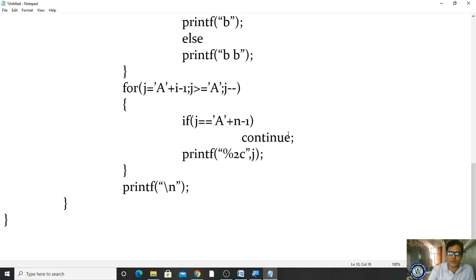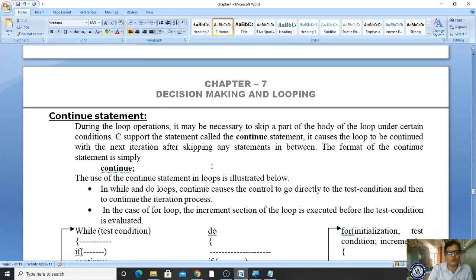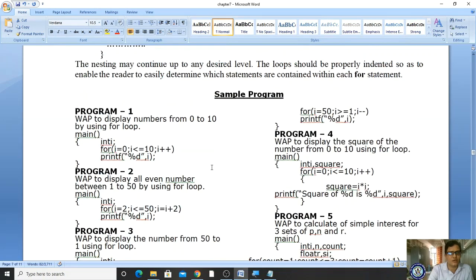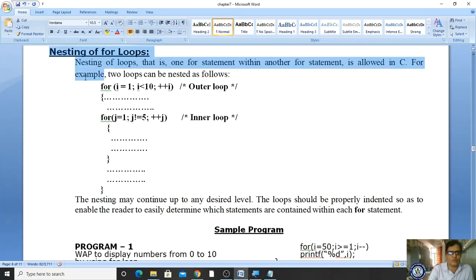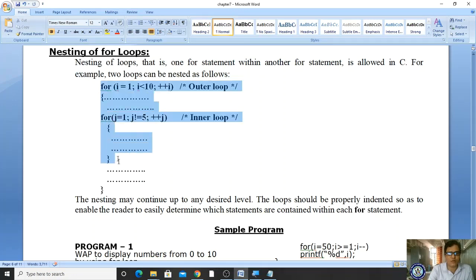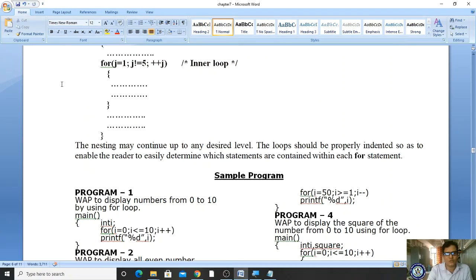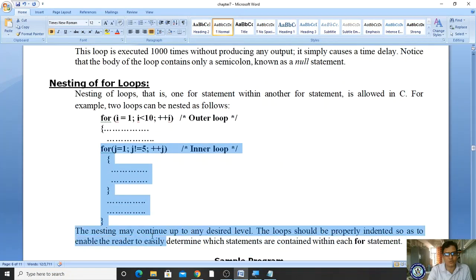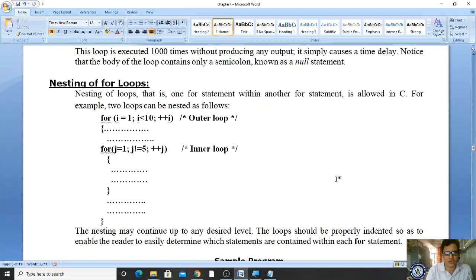We will continue this program after explaining the nested for loop. What is actually a nested for loop? A for loop placed within another for loop. Once again I'm coming here, we had forgotten, right? This is our concept, nested for loops. To represent information in the form of rows and columns format, we use nested loops. So this is your syntax. This is an outer loop and this is an inner loop. Hope you understand this concept. We will continue this in the next class. Thank you.